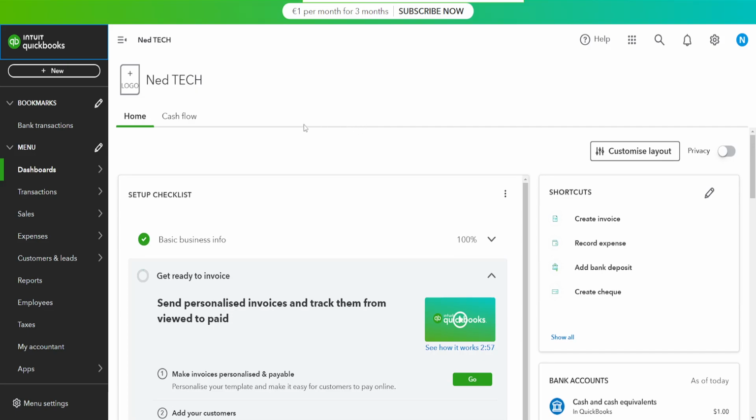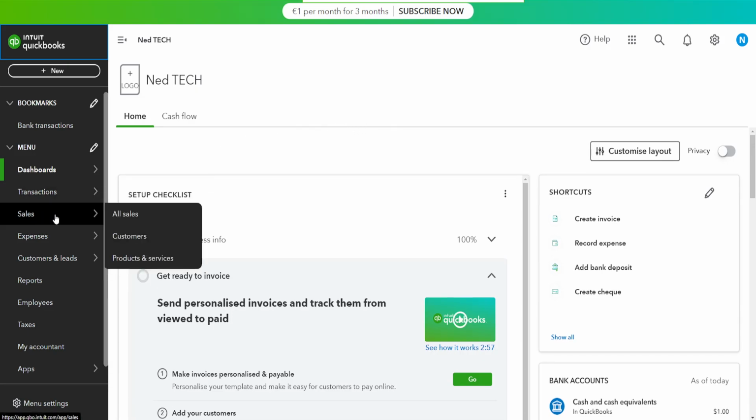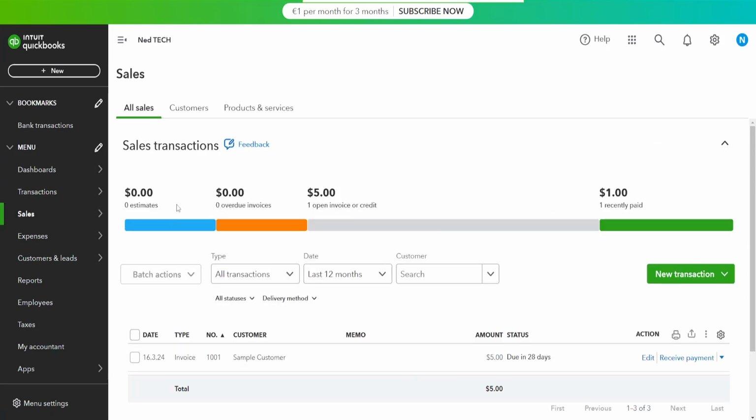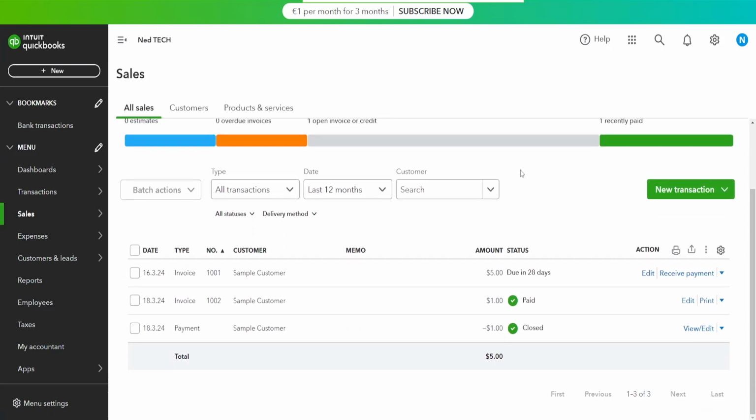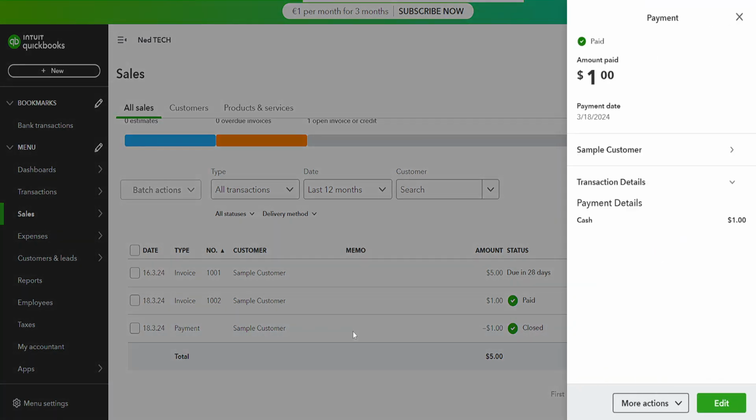So here I will just hover over Sales from the left hand side and go to All Sales. Now we want to locate the payment for our invoice. You will be able to see your invoice right here. It's going to be marked as paid, and you will be able to see the payment tab itself. So what we want to do is left click on it, the payment tab I mean, and then we will